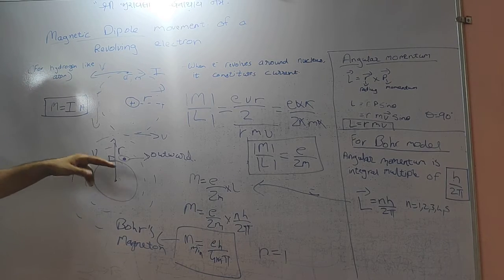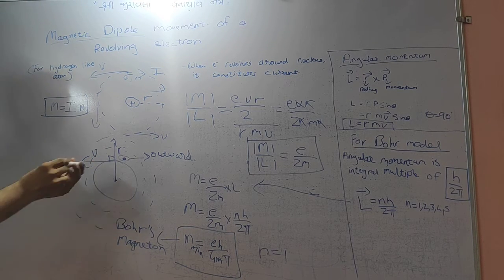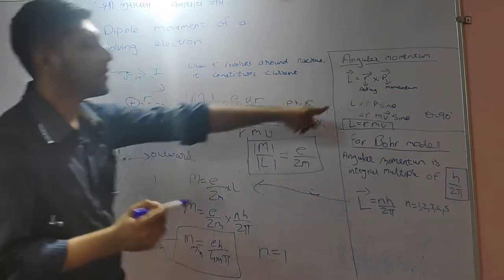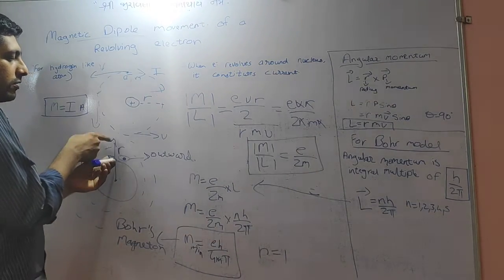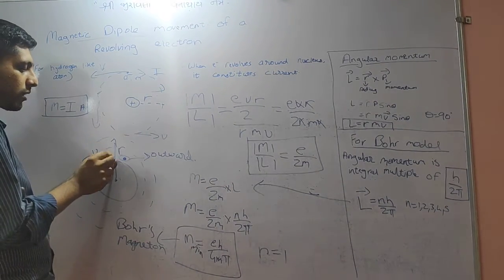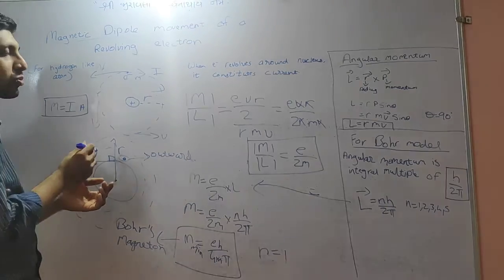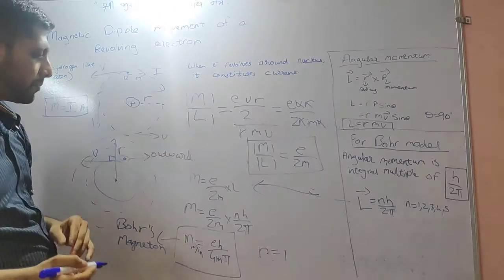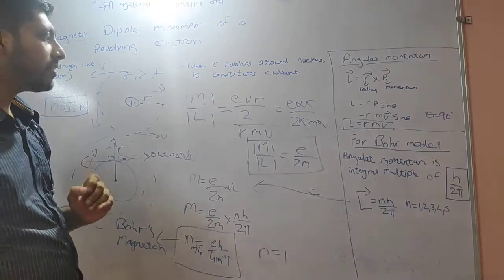Once again I repeat. To know the direction from this, what do you need to do? You need to assume that a screw is kept over here. The requirement is R cross P, so you need to rotate R in the direction of P. If I rotate this, whether the screw will come out or go inside, the direction of the screw will give the direction of the angular momentum. So here what does it mean? The direction of both the things is different.